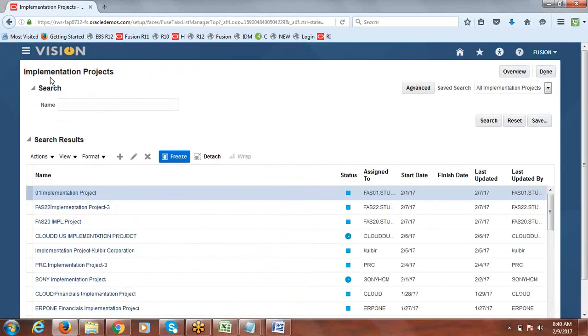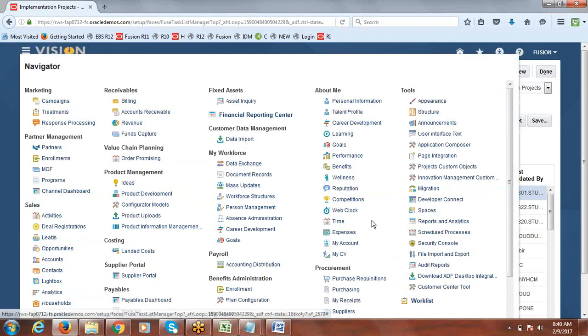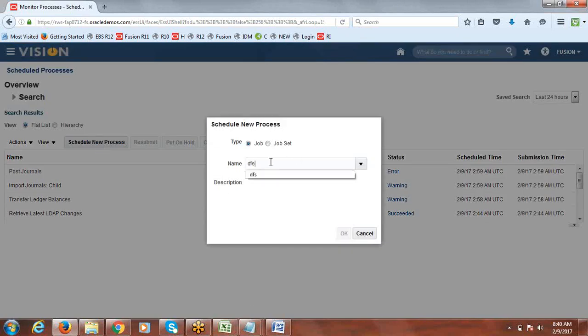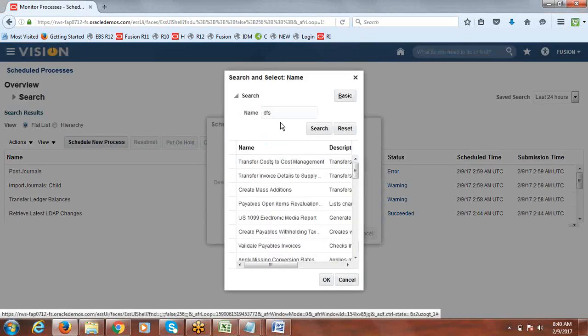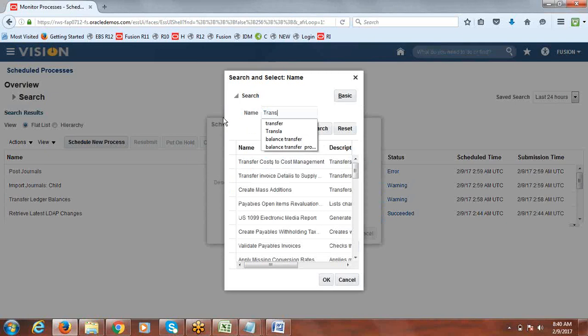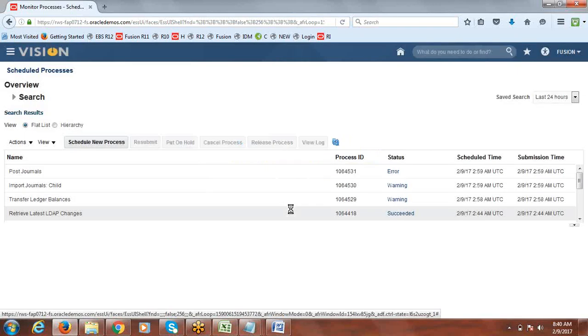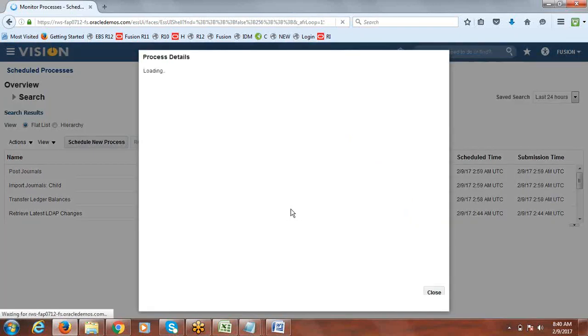Now we'll go and run the same job once again. Go to schedule process. The job name is transfer ledger balances. Select OK and specify the parameters, from which ledger to which ledger.